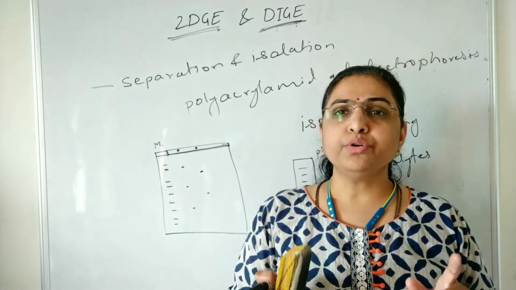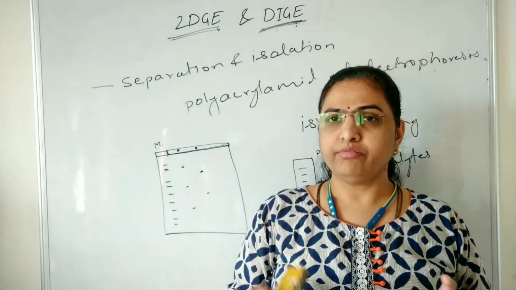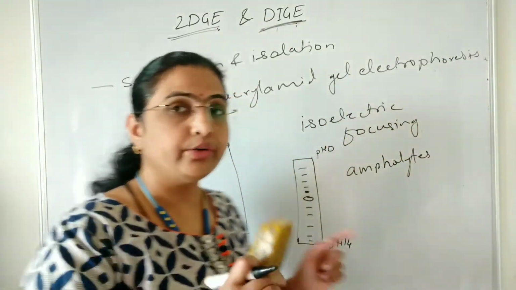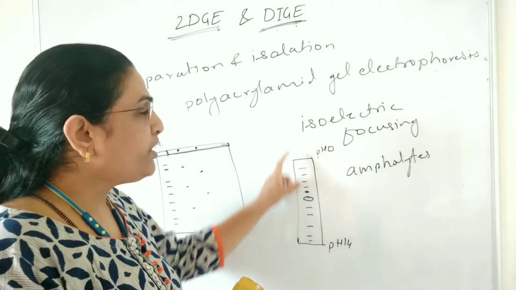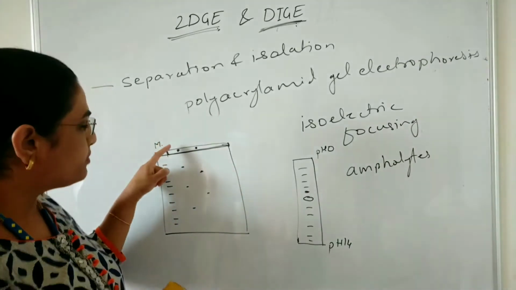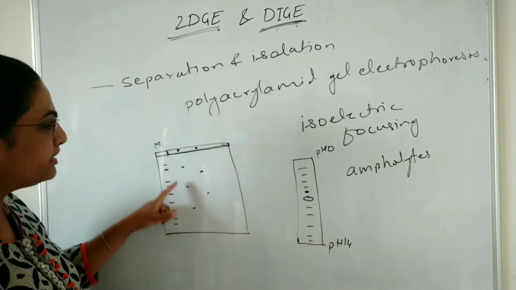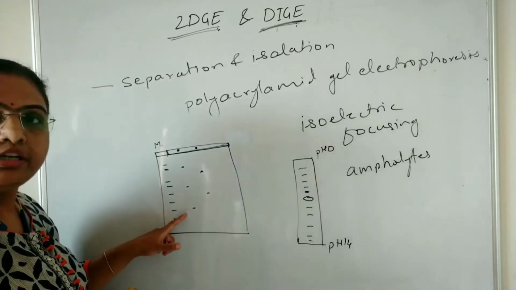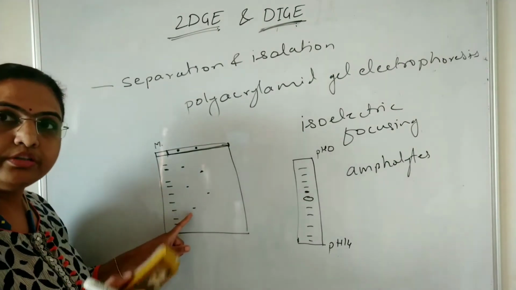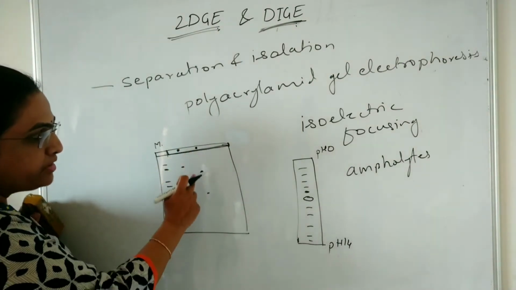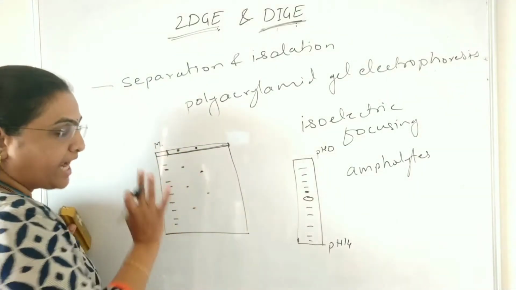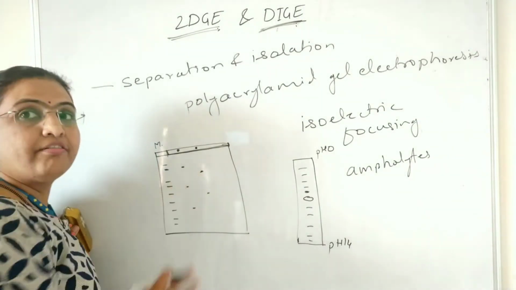So for higher resolution, first we separate the proteins according to pI, then according to molecular weight. In isoelectric focusing we get one spot, and that one spot is again going to be resolved, and we can see here that it has been resolved into 3 bands. This means this spot consists of 3 proteins. This second spot is also going to be resolved into 2. So in these 2 spots, actually how many proteins were there? They are 5 proteins.